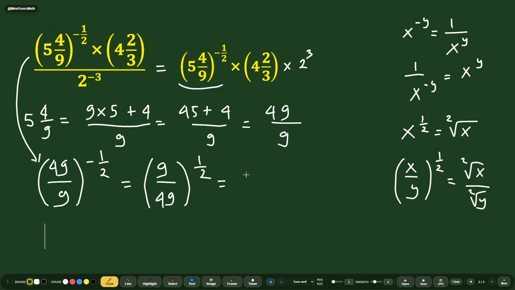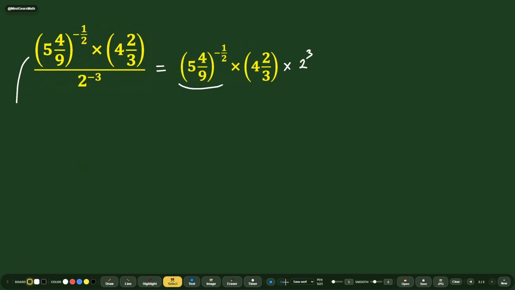So the equation now becomes the square root of 9 over the square root of 49, which is equal to 3 over 7. Now we can rewrite the equation as 3 over 7